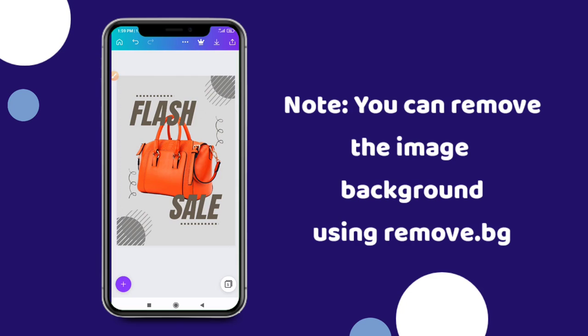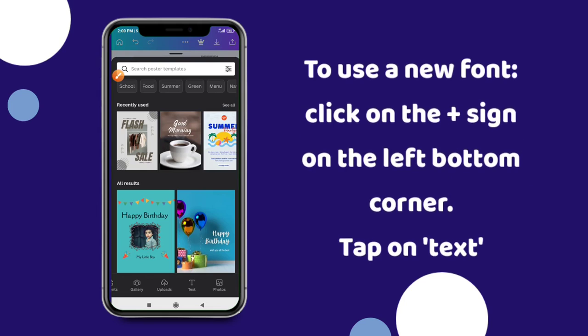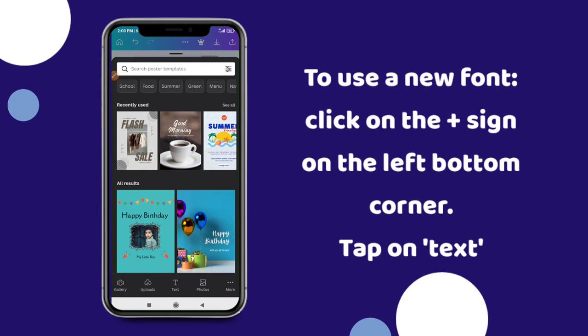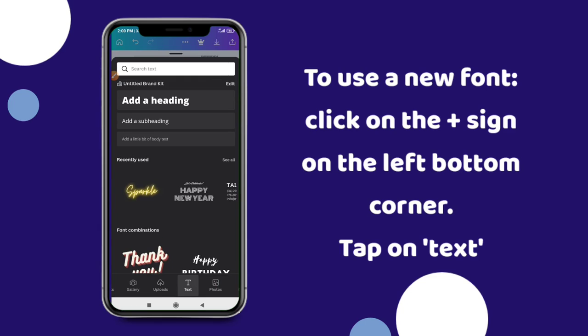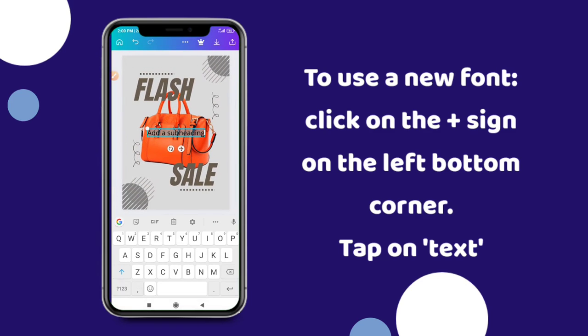So the fonts used in this design are very large, and I do not want to use a large font. So what I would do is just tap on the plus sign. Then I have options below. I have elements, gallery, uploads, text, photos. I'll tap on text, and then I will choose add a subheading. Okay, so I'll tap on edit and I'll type, let's say